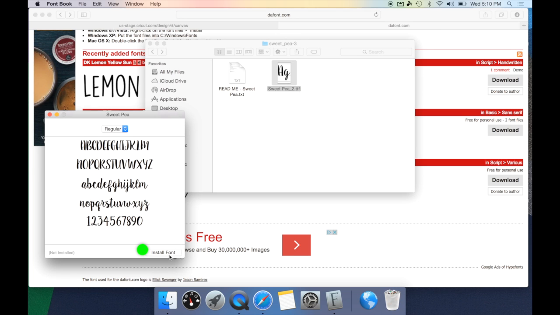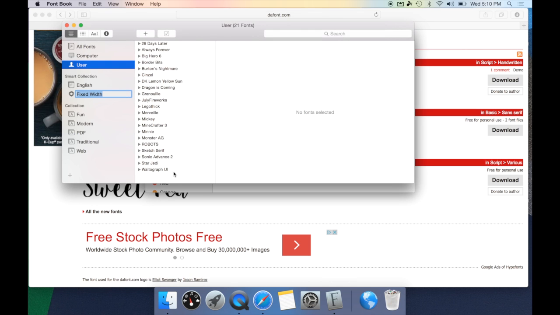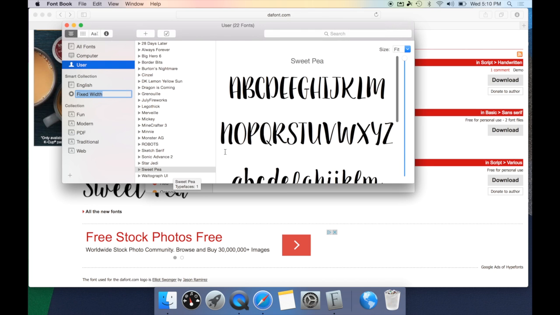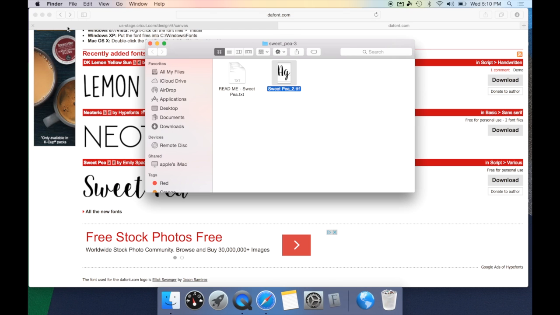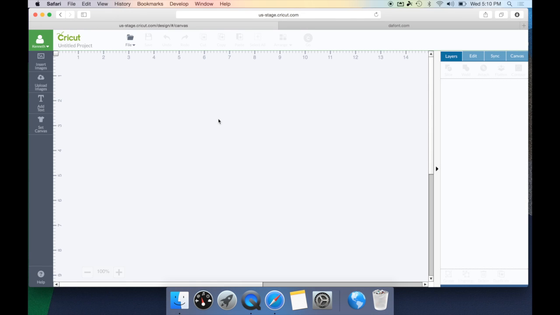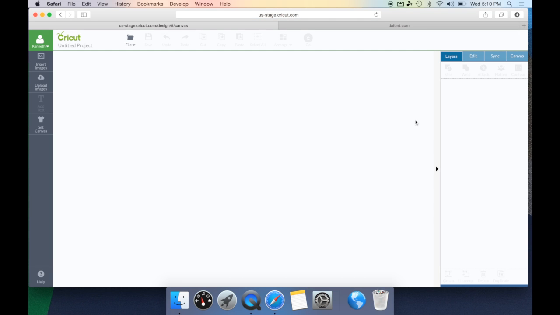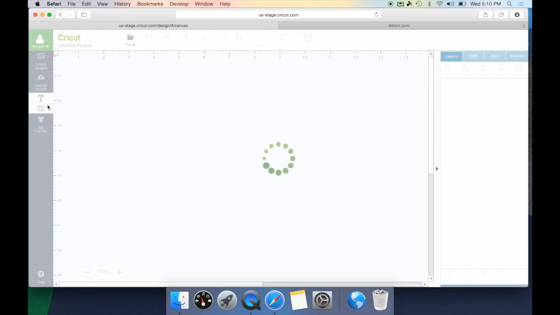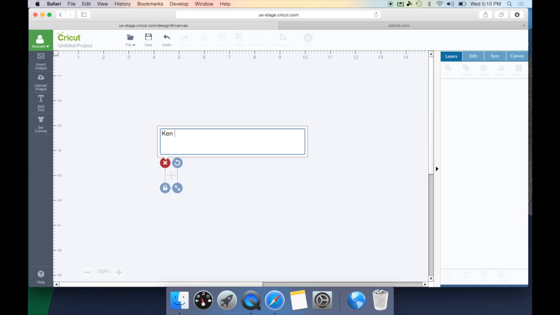I'm just going to select install font, and that's going to automatically install it onto my system fonts. So as you can see now, it's installed into my system fonts. Now I need to go back to Design Space and tell Design Space I have a new font. I'm going to do that by simply refreshing my screen, and that's going to make sure that font is loaded. So now when I hit Add Text and type my text,